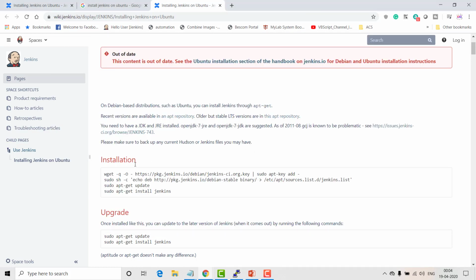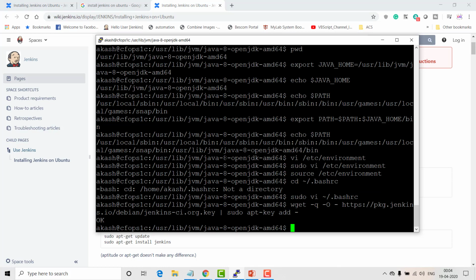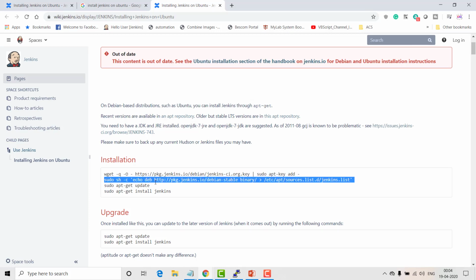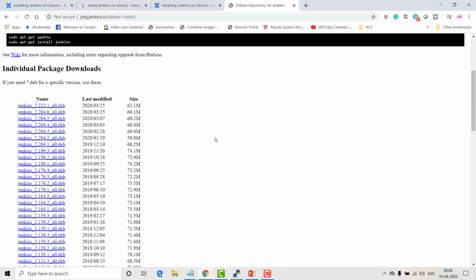First thing is that you have to add the key of Jenkins. Once the key is added in the apt key package, you have to run this particular command. All the binaries are available here. Just go to this path and you can see that all the stable builds of Jenkins are available.